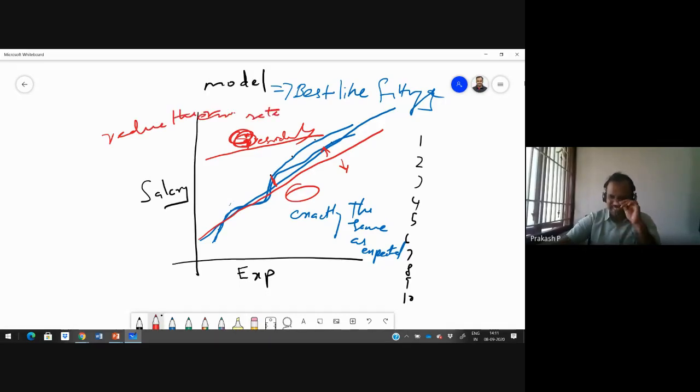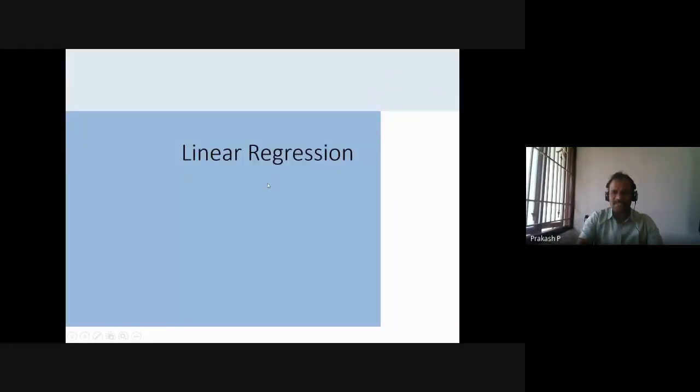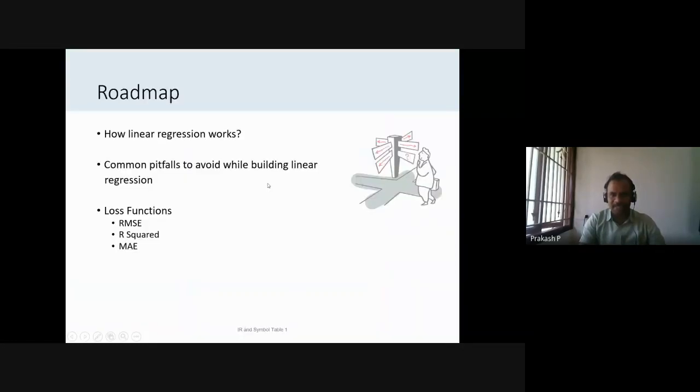There are so many ways. Normally they use R square, root mean square error, mean absolute error. These are some of the factors used to find whether the model is working perfectly or not. Using these factors, they analyze whether our model is correct or not. We'll see. Now we'll move on to the PPT, and you can quickly grasp the content in the PPT, then we will move on to Python.